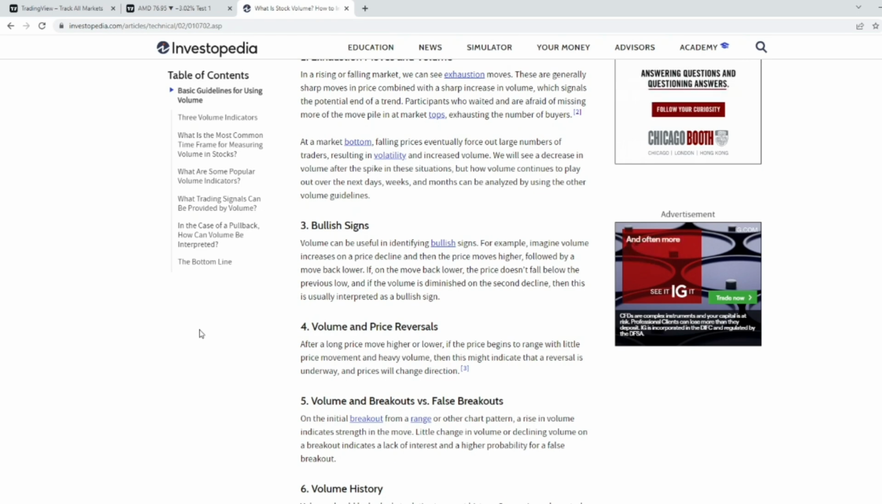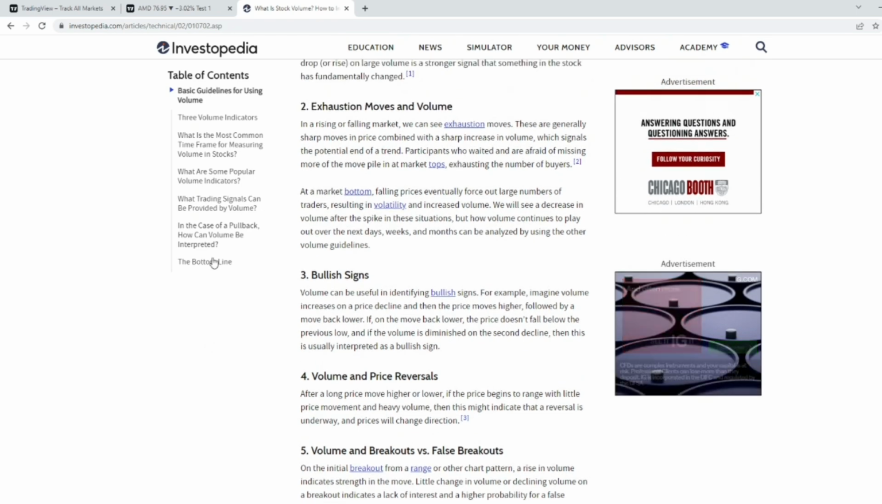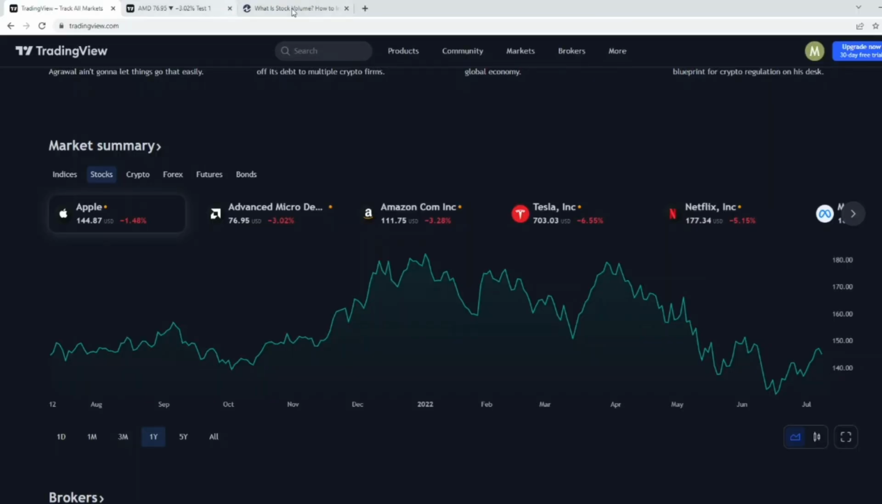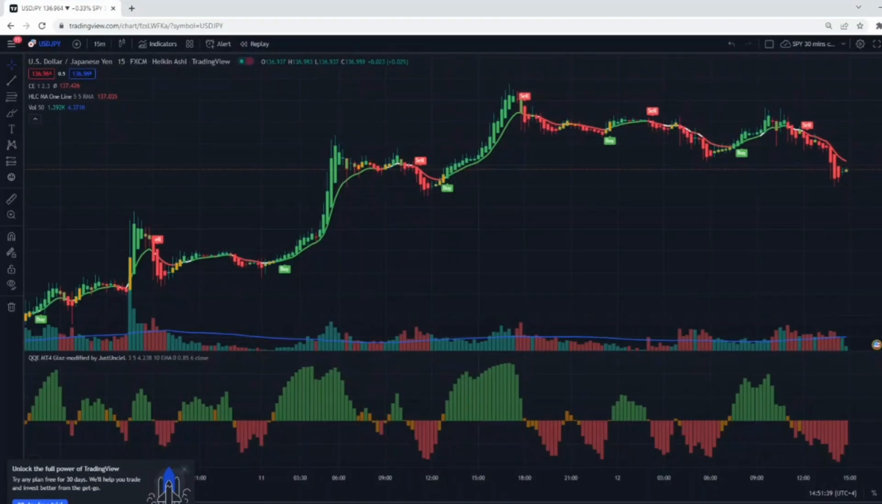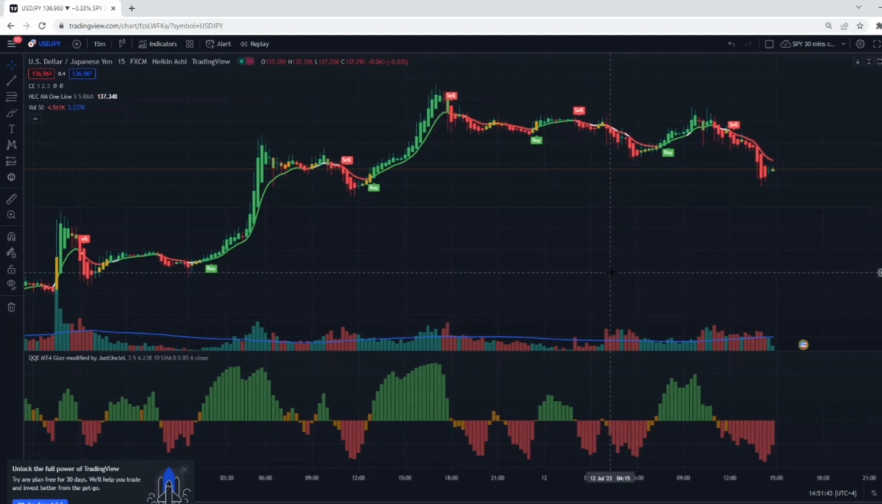Volume only works on the stock market. It doesn't work on the forex market. Let me explain. The stock market is considered a centralized market, meaning all the trades are routed towards one central exchange. However, the forex market is considered a decentralized market, meaning there is no one location where